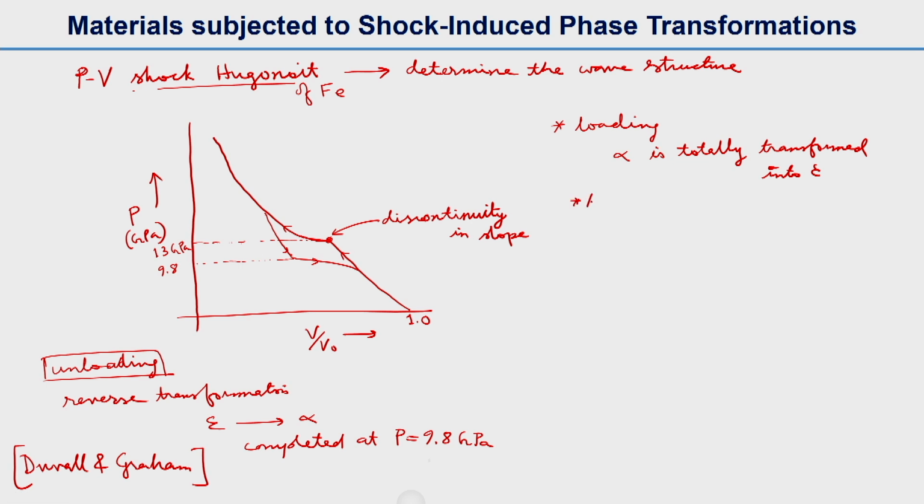However, some residual transformation product is left out. So although I wrote that it got totally transformed, still some of the residual transformation product is left out, and that's why the hardness, if you see the hardness profile,